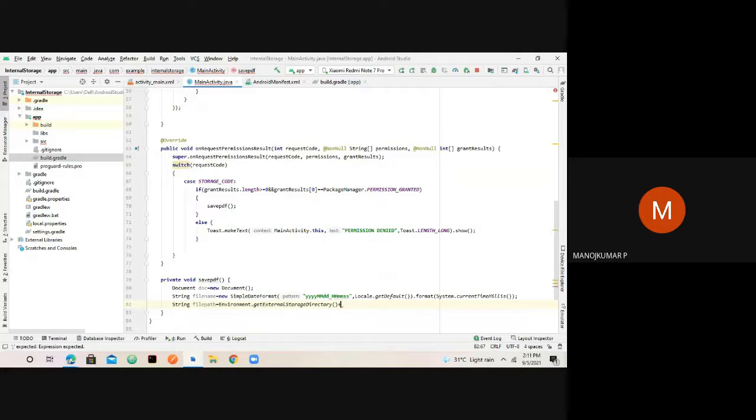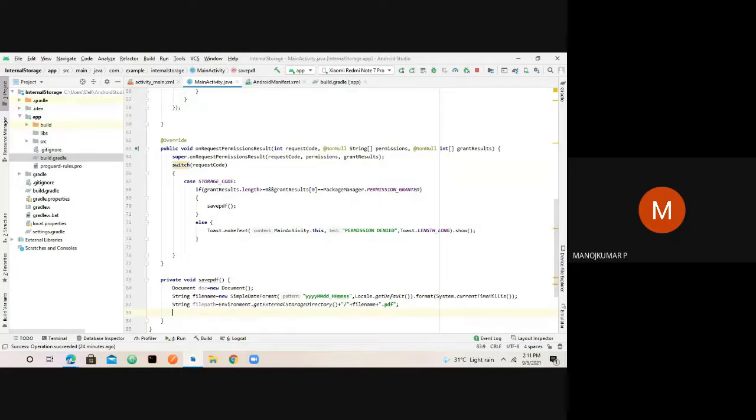So I would give it a slash and then the file name that I have obtained through this SimpleDateFormat, and again plus, and then say .pdf. This is what I want to give it as the proper path here. This path will contain the location path, and then this will be appended to make it look like a real file here, right?